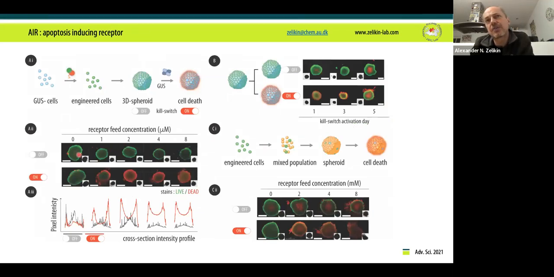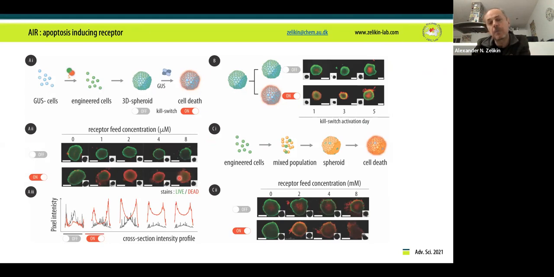This is what we did here. We engineered the cells. They are glucuronidase knockout cells. We installed the receptor, and the cells are very happy. They are within the broad range of our receptor molecule, which remains dormant for many, many days, at least the 5 days we've studied it here. But as soon as we added the enzyme, we released the toxin,